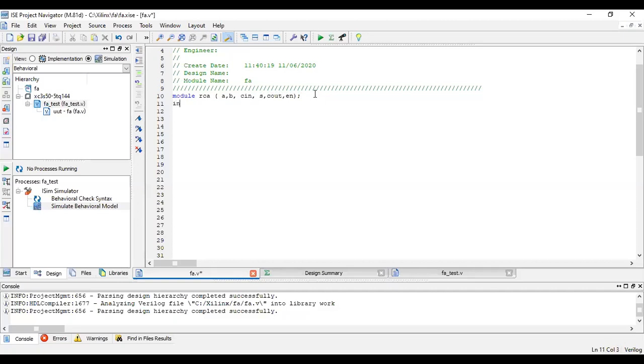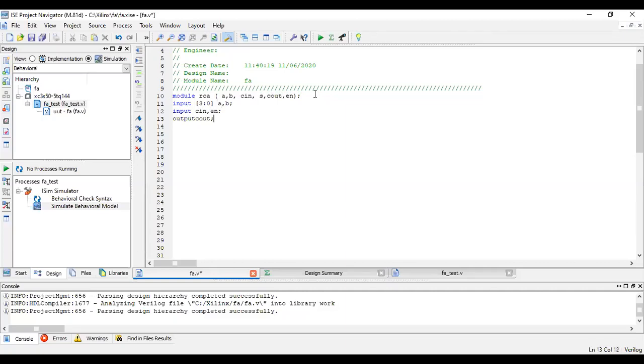Then I can give input. What are the different inputs you have? A, B, C in, and enable. So 3 down to 0, because I'm discussing the 4-bit ripple carry adder. I'll be having A and B, then input C in and enable. Then we'll go to output.